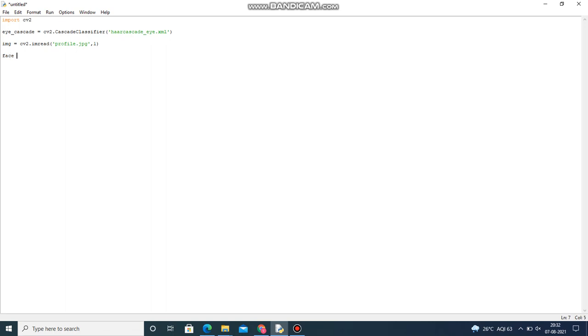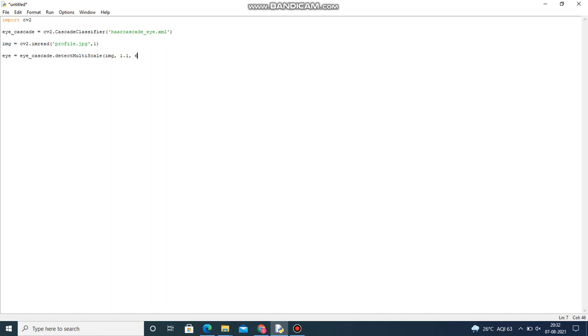Now let's use eye equals eye_cascade.detectMultiScale of the image, comma, whatever value you want, you can give comma 6.